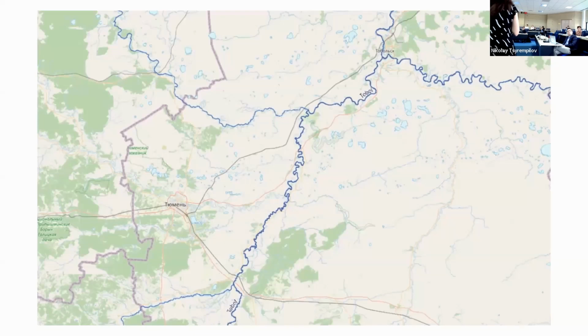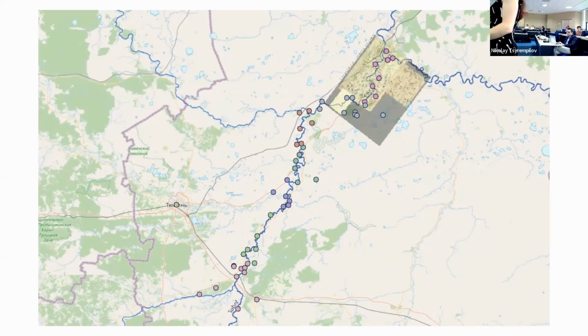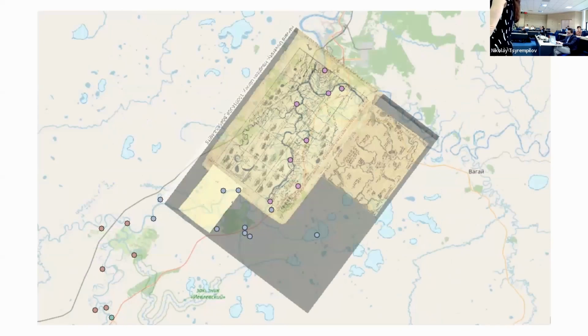And then I thought, okay, let's see if we can bring this onto the GIS map, right? So this is a GIS map of that region. And I took those known settlement locations that I found, right? I said, oh, I know this place. I found the coordinates for it, and I plotted them. And then I used them to drop the sheets into the GIS, reorienting them. And this is just a zoom in so you can see, and you can play with the transparency.